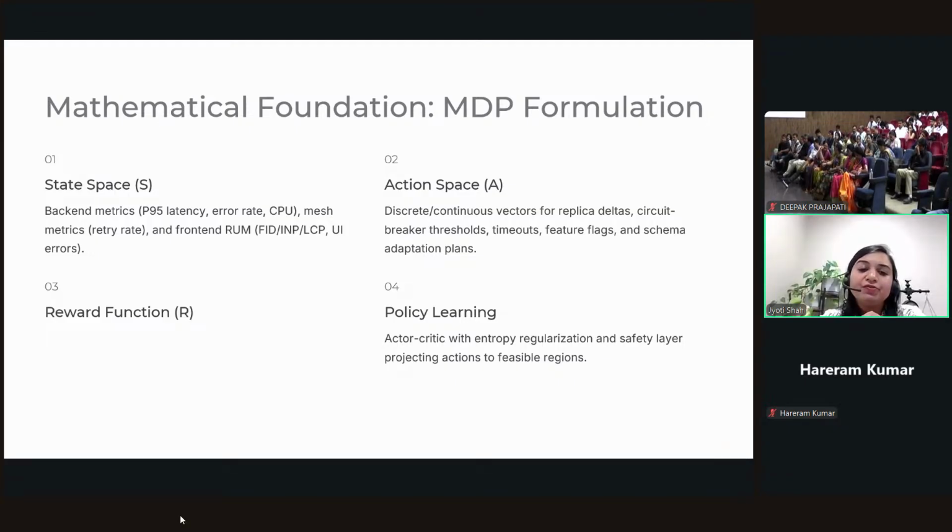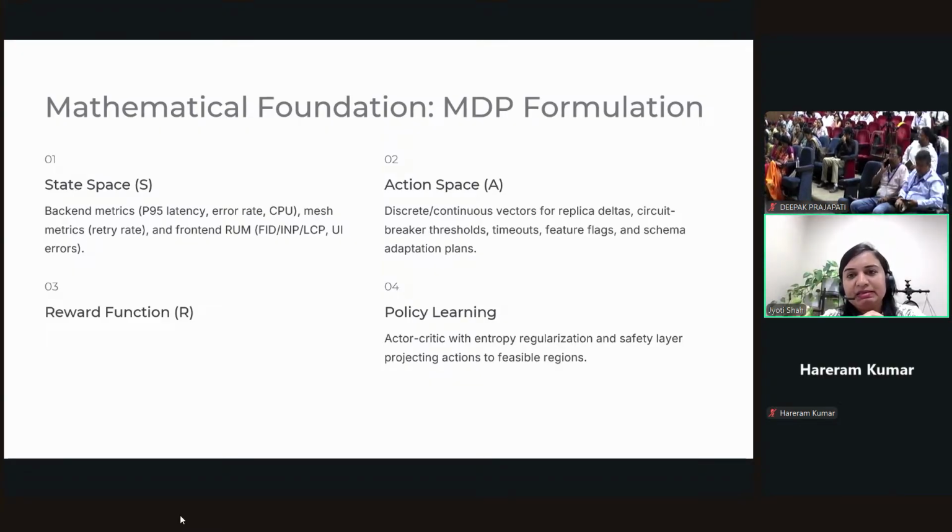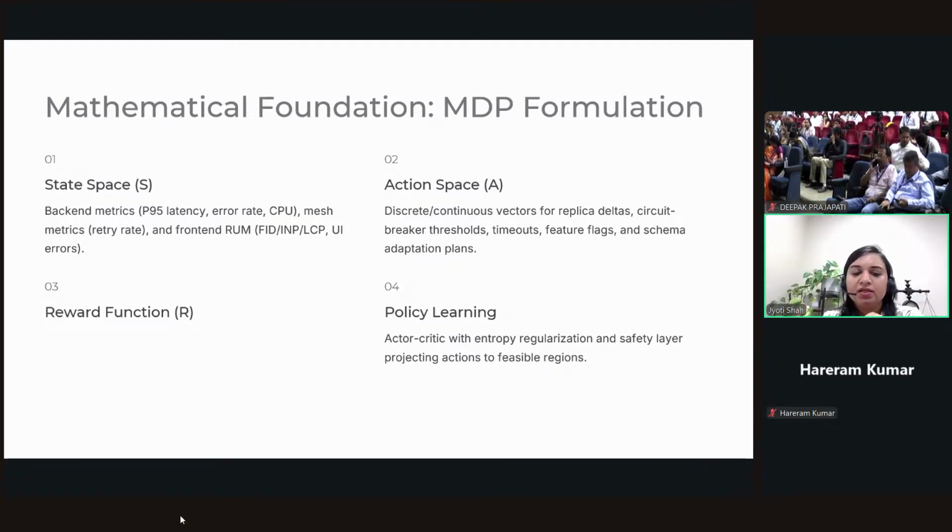We use actor-critic reinforcement learning. The actor proposes actions: scale, toggle, adapt. The critic evaluates: did that action improve latency, cost, or UX according to the reward function? Over time, the actor refines its policy to maximize long-term reward. But we add two important enhancements: